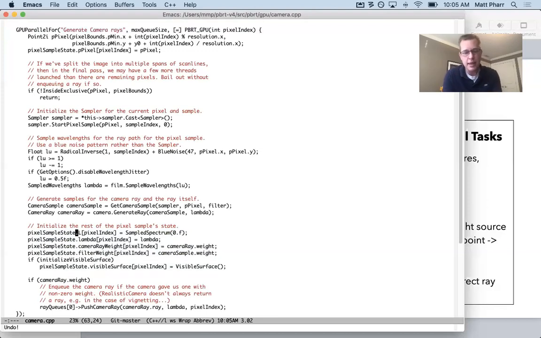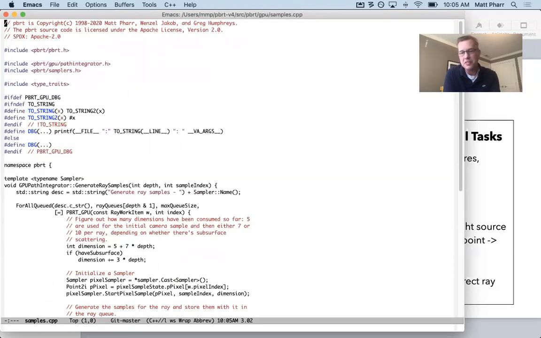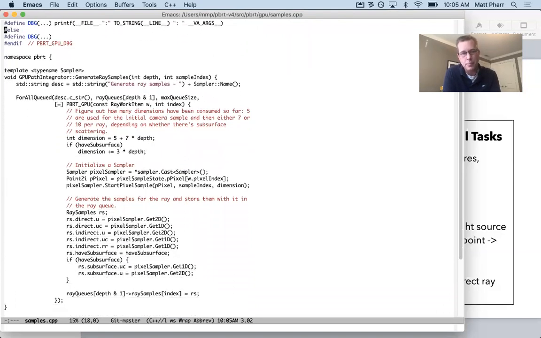The last thing I wanted to mention: we saw with materials that we're sorting over all the material types, and having a separate kernel for each one. Just to show one more example of that, another example is samplers. In this case, we don't have to iterate over all the samplers, but on the CPU side, we say, well, what type of sampler do we have? Oh, it's a Halton sampler, great. And then we dispatch a specialized kernel based on the sampler type to generate the random samples. We could do this on the CPU as well. It wouldn't have a lot of benefit there. It would save us the